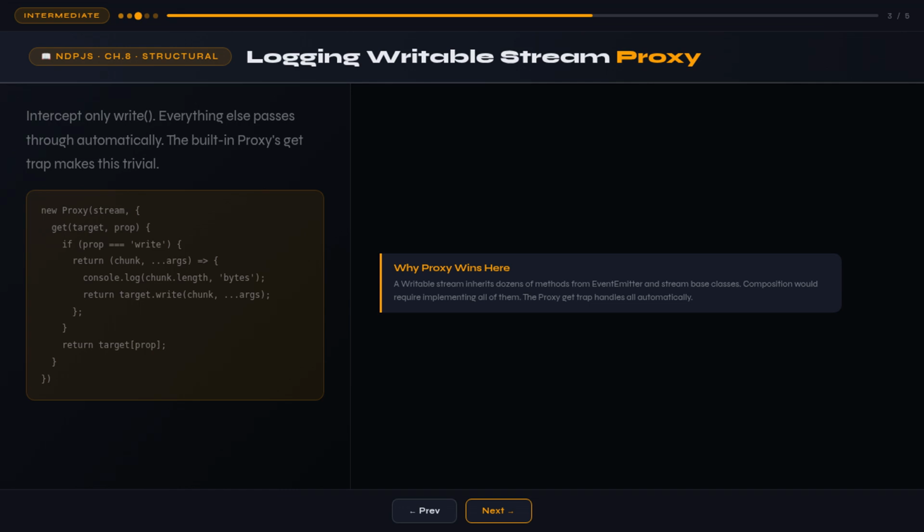const loggingProxy = new Proxy(stream, { get(target, property) { if (property === 'write') return function(chunk, ...args) { console.log('writing', chunk.length, 'bytes'); return target.write(chunk, ...args); }; return target[property]; } });